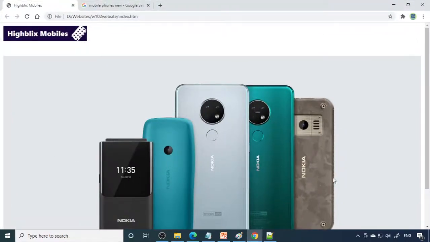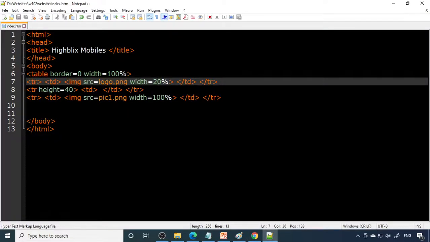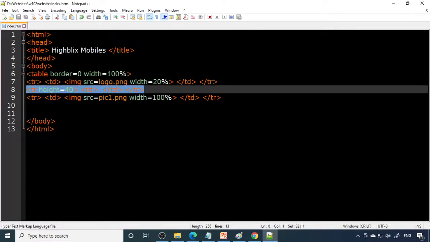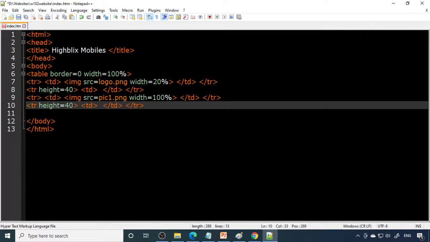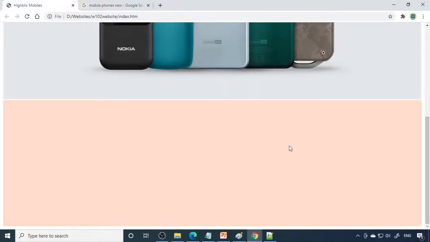If you want to say something on this picture, you can type here, or else it's okay. Next, we want to write some content there. So we can take this empty row, and here you can use the BG color, that is background color, equal to whichever color you want. Let's say I'm using some color here. This height I'll take as 400. Now you can see that this is the color, and there is a gap actually. This gap we don't want.